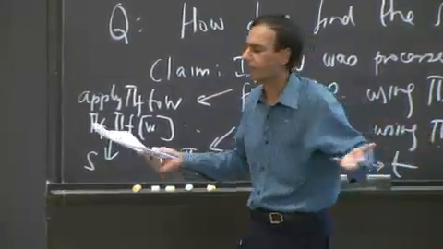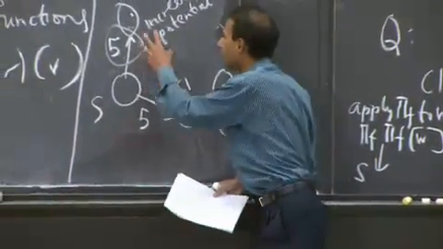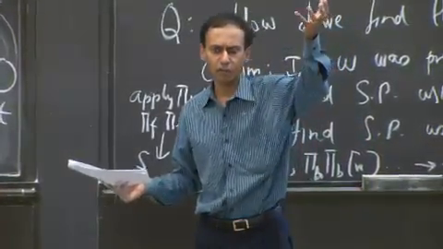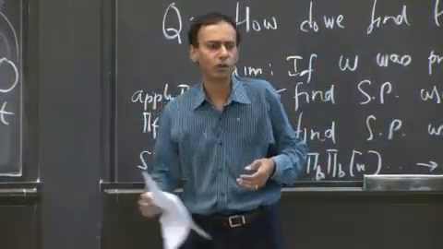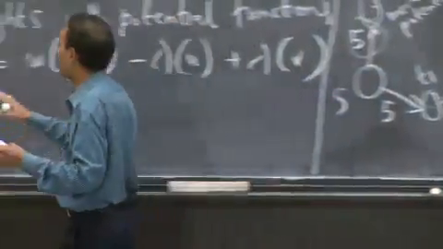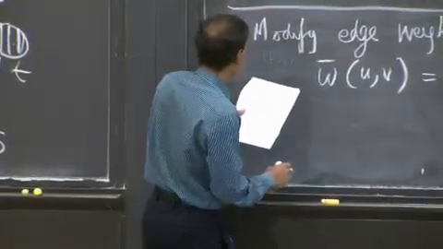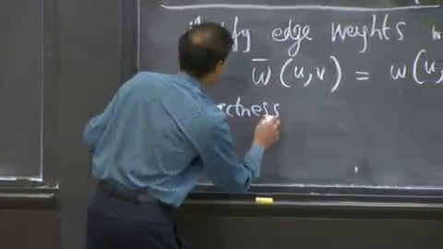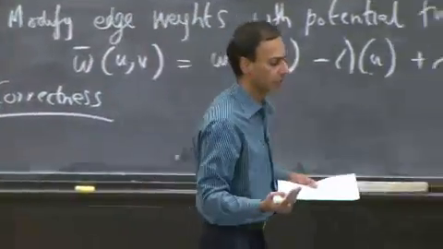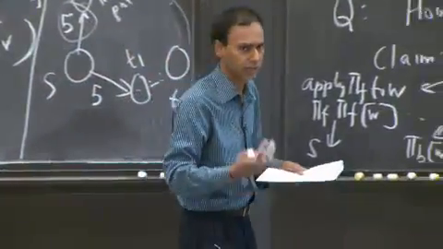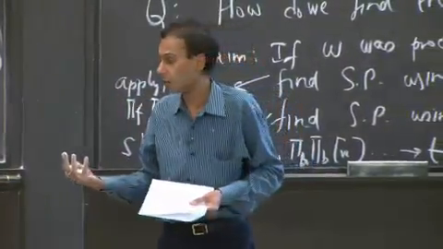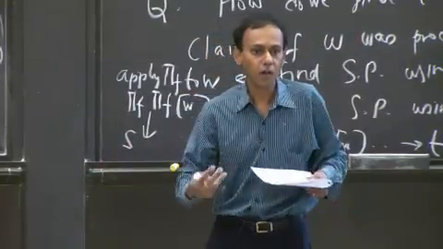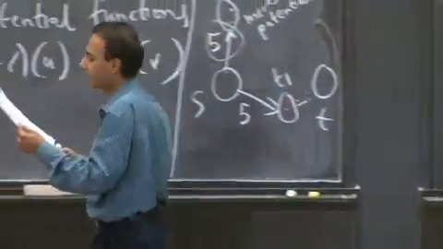Right? Feels like magic. How do you know how to increase the potential? What would you increase the potential for? What do you want to make things? What nodes do you want to make uphill? What nodes do you want to make downhill? So there's a bunch of questions. I'm not going to get into a lot of details, but I will tell you a couple of things. I'm going to give you really quickly a simple example that is both correct in terms of the actual shortest path you will get is the correct one, and a particular mechanism of modifying the potentials that uses landmarks.